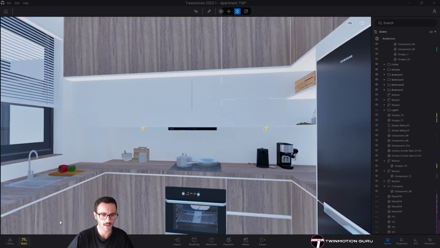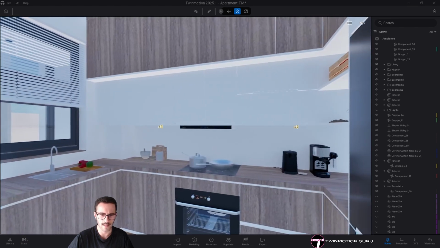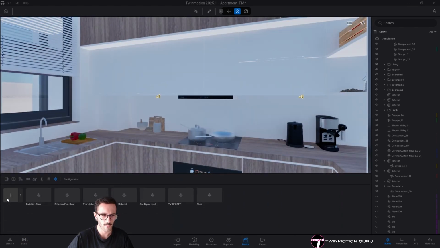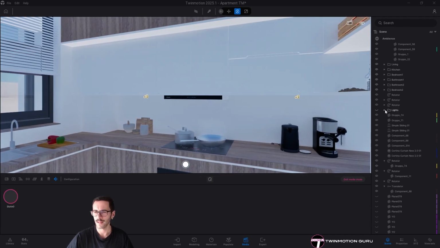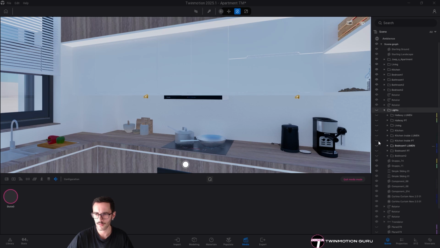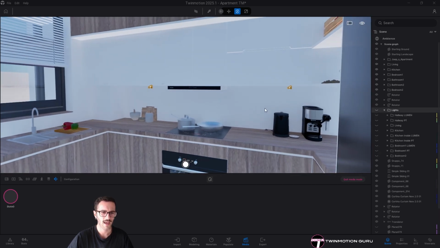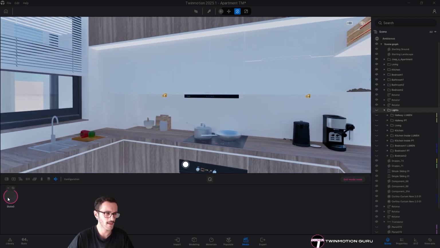In particular, here I have already created my lights, and I can create a visibility configurator for lights. Let me just see, where are my lights? Yeah, this one. These are all my lights, and I will create a state with the lights turned off and another state with the lights turned on.